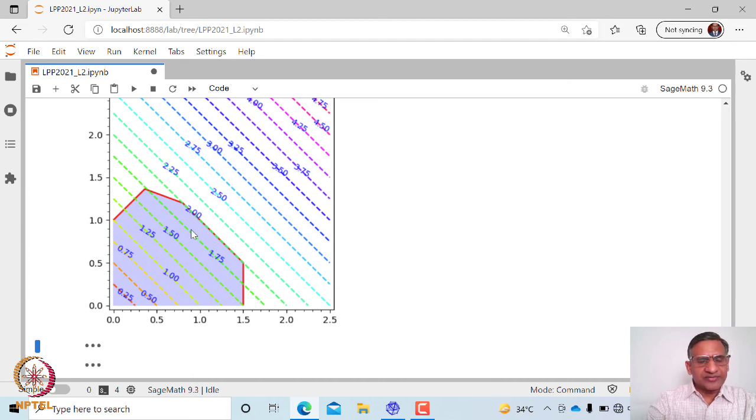That is where it touches this feasible region, and that is where it leaves the feasible region. But then all the points between this point and this point will be a solution. At all these points the value of the objective function is 2, which is the maximum value. Therefore this problem will have infinitely many solutions.